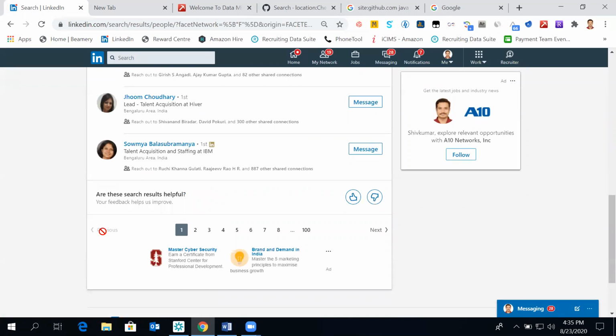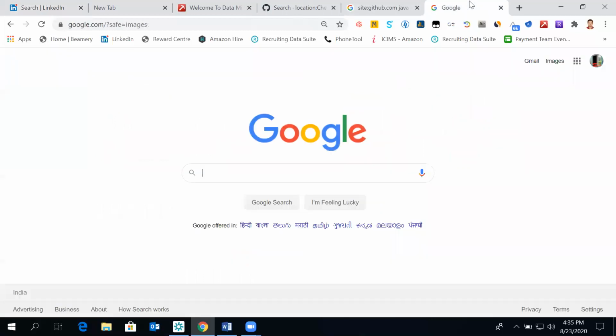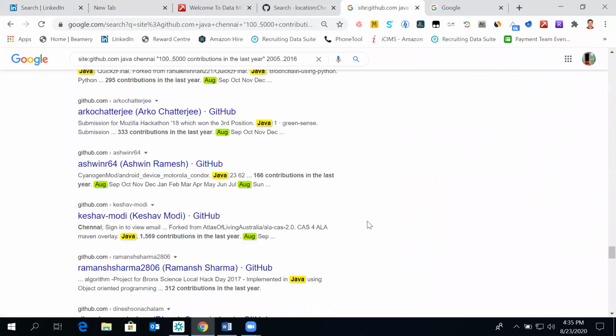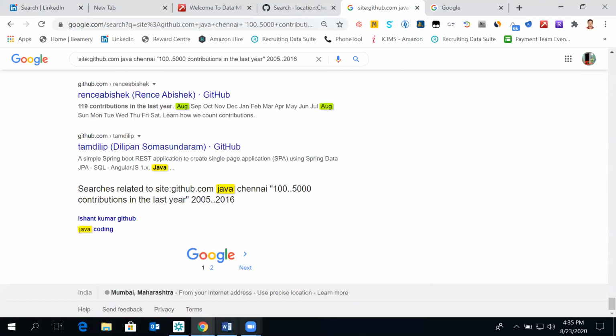Here also we have a previous, but it is grey and unclickable. Sometimes you might not see this previous, something like Google itself. Unless we go to the next page, we do not have a previous page. That previous page element only comes when we go to the next page.